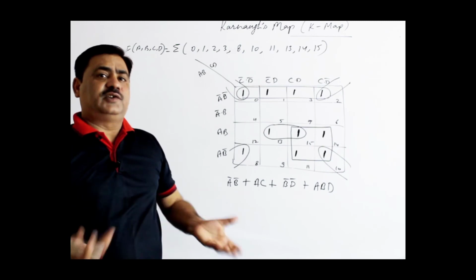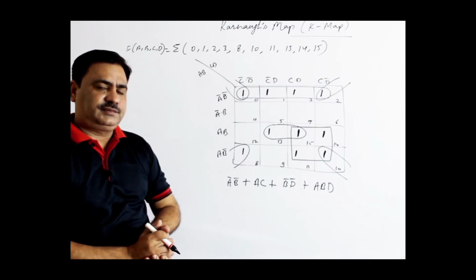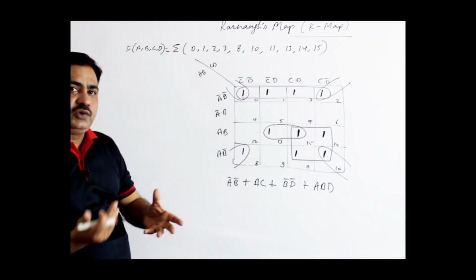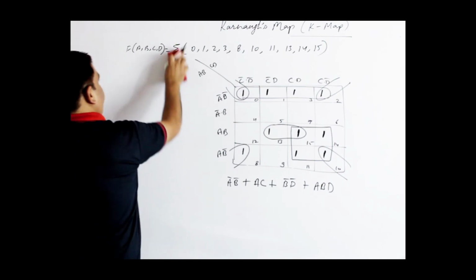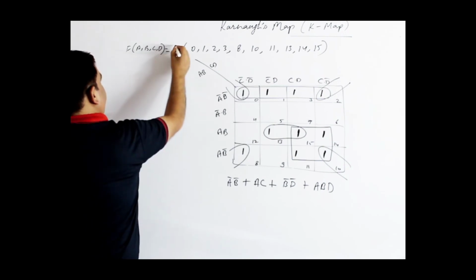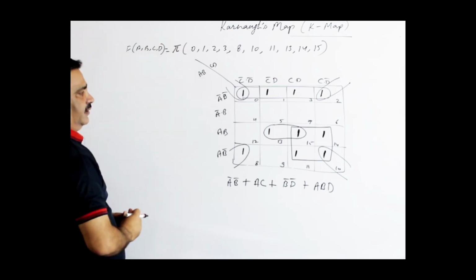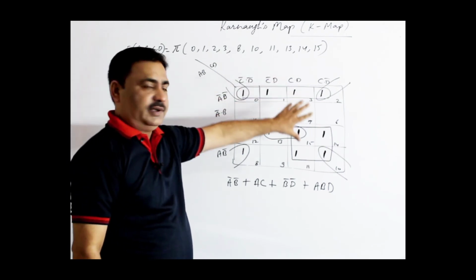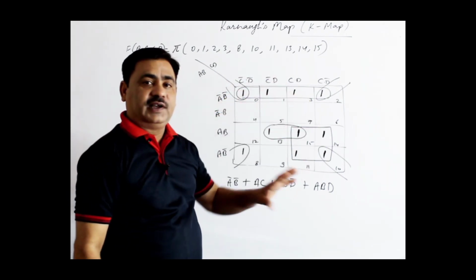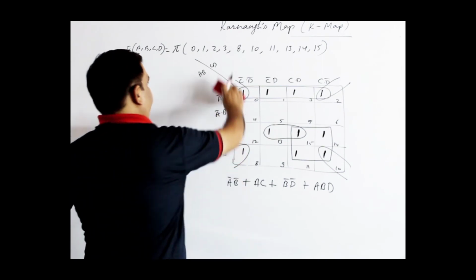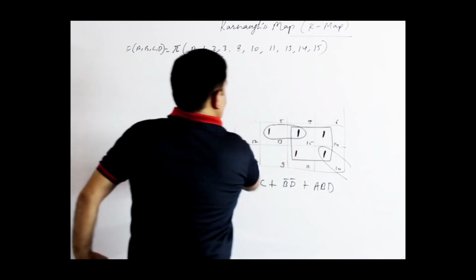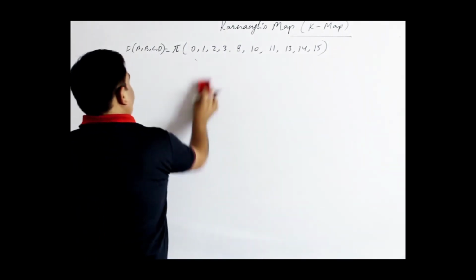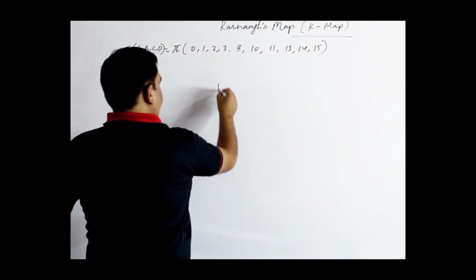Now, suppose in place of SOP we have the POS form. So, how to solve a POS expression? For POS it should be the pi sign. First of all, draw the K map and fill it. We have to draw the K map and in place of 1 we have to fill the zeros. Try to understand. For POS, the product of sums, first of all draw the K map.